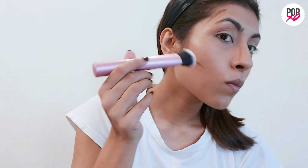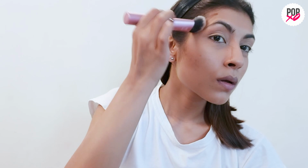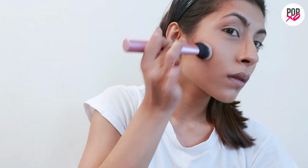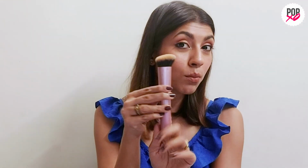This is the brush that I use when I want to blend a cream contour, and with this brush the blending is so easy, also because it's angled, so it's actually easier to get that sculpt while you're blending. So I really recommend this if you're using a cream contour. It's like a powder product, you really can't buff it out with this. Now for powder,